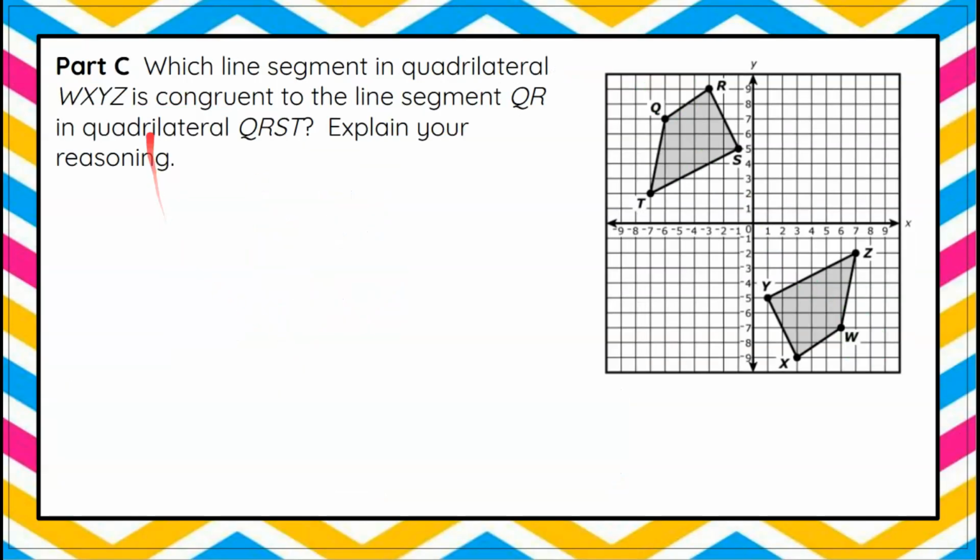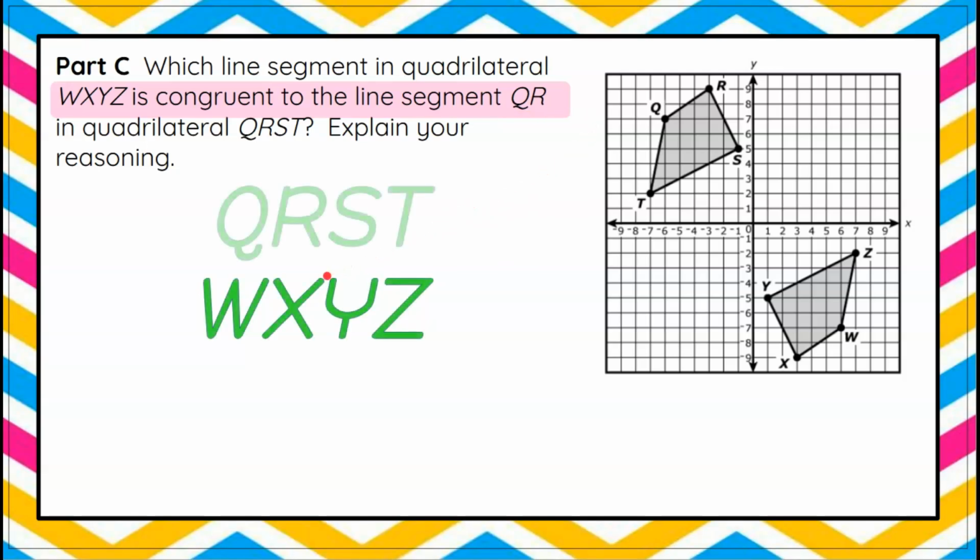Here's part C. Which line segment in quadrilateral WXYZ is congruent to the line segment QR in quadrilateral QRST? And again, explain your reasoning. Here's where you pause and come back when you're done. Good luck. Welcome back. So we want to know the congruent line segment to QR, and we know our names